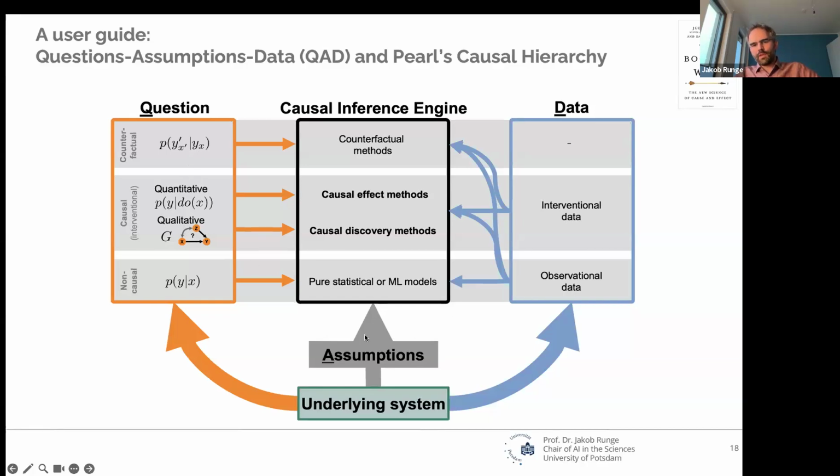And then they have assumptions about this system, and they have data about the system. This might be observational or interventional. And this gives rise to what Pearl and maybe Elias framed as the causal inference engine.